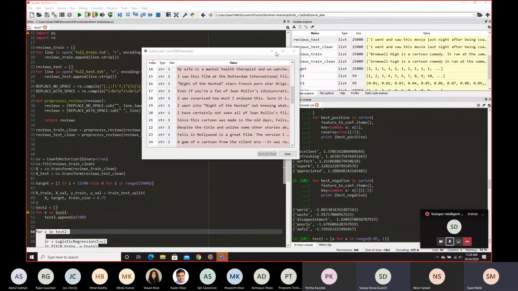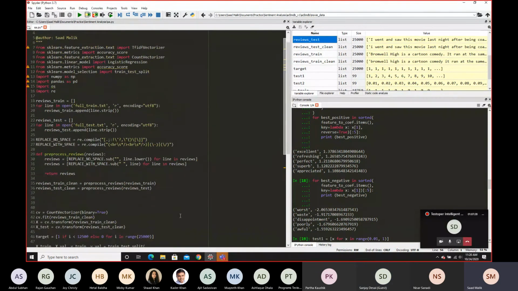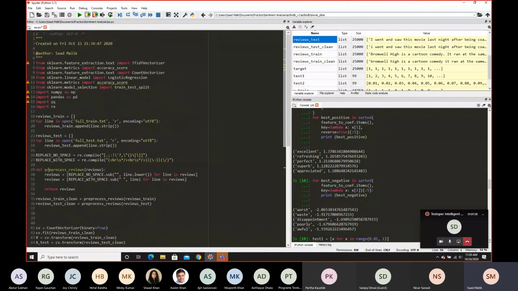So again, that's one exercise I want all of you to try. You have a very simple script here with a very small pre-processing phase. So just try to figure out ways that you can improve the accuracy of this model, and whatever you do, upload that work to GitHub and text me the highest accuracy that you were able to achieve, and then we'll go over the most accurate version of this in our next session and see how that was achieved. I haven't tried it in other ways, but it'll be interesting to see how you guys are able to tackle this.